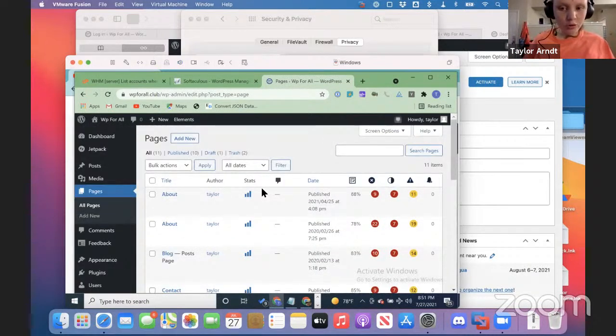Your NVDA key is your insert key, or your caps lock, or whatever you set your NVDA modifier to be. Whenever you do NVDA commands or JAWS commands or even VoiceOver commands, it's the modifier key that it's always followed by. So I'm going to do Control NVDA F.